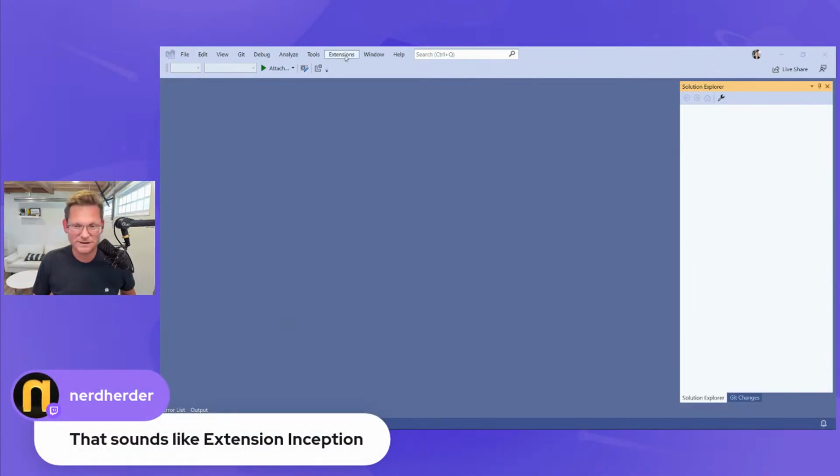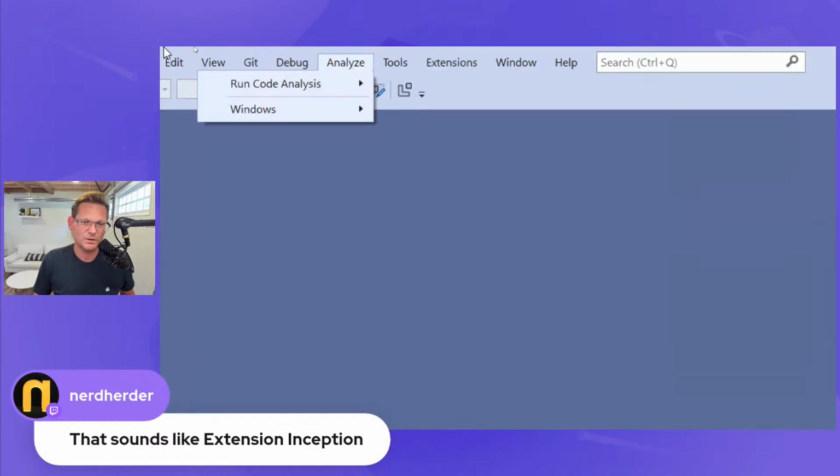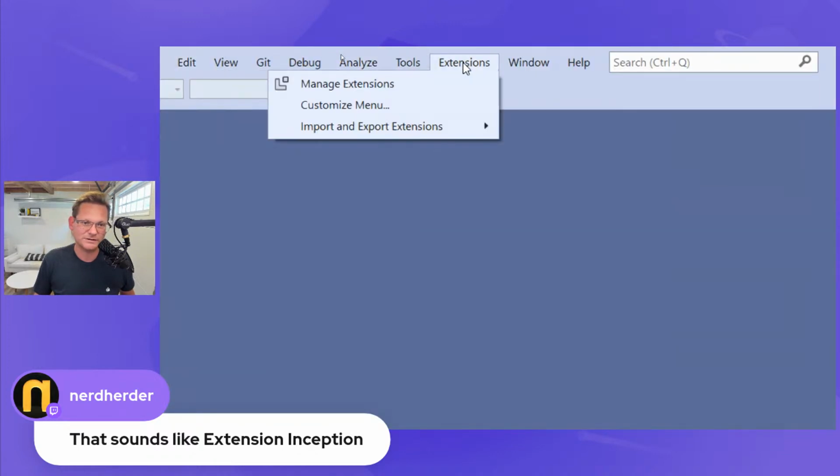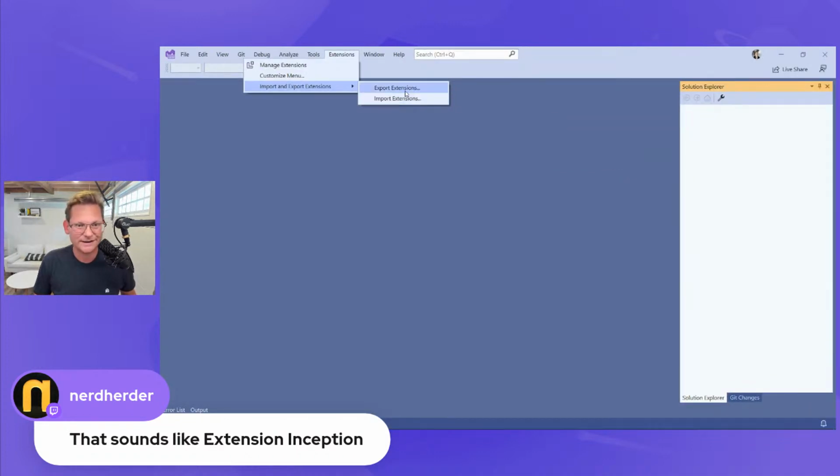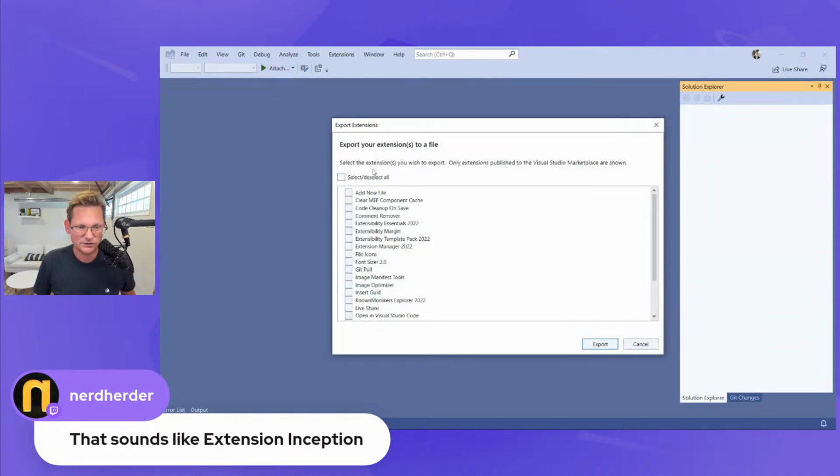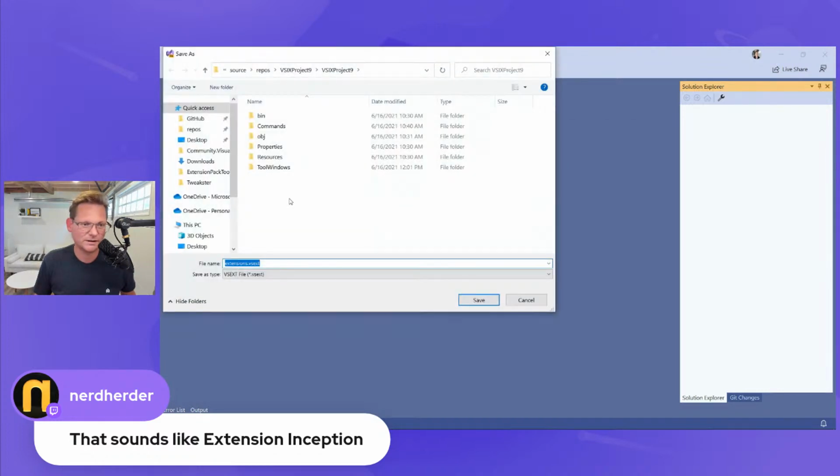Yes. Speaking of extension inception, check this out. So now I installed that extension, right? So now I can go in here and say import, export extensions. So let's export. And so that gives me a list. So here's everything. Let's say I just want these three. I can say export, and we put that